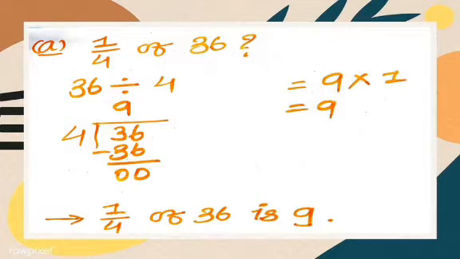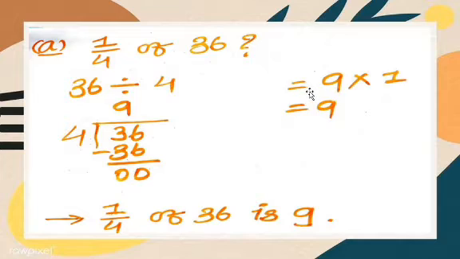So here we do, my dear students, 36 divided by 4. See this, 36 divided by 4. In table number 4, 36 will come, yes or no? Yes, 36 will come, but where? 4 nines are 36. 36 minus 36 is equal to 0. Here the remainder is 0, the quotient is 9.